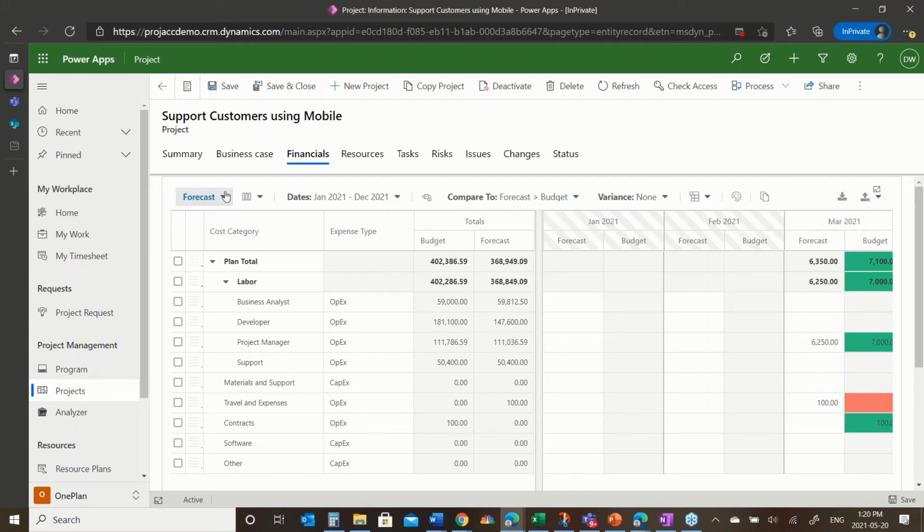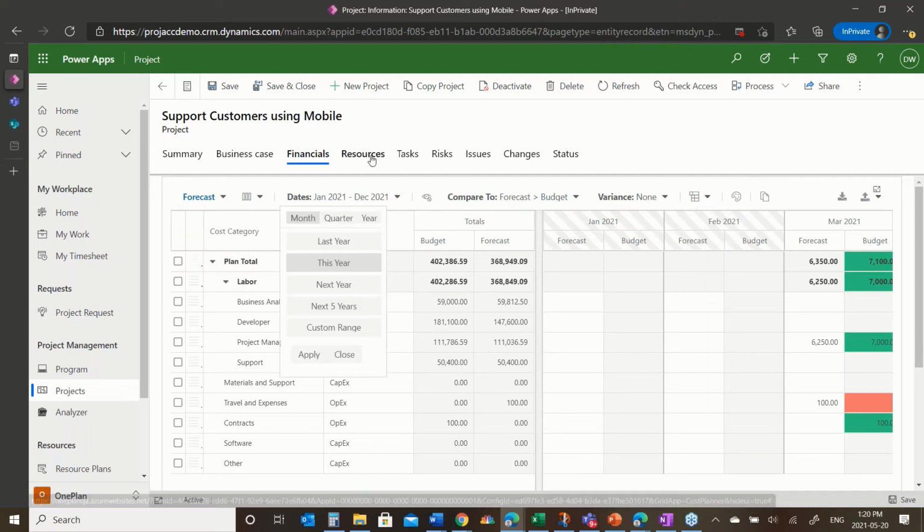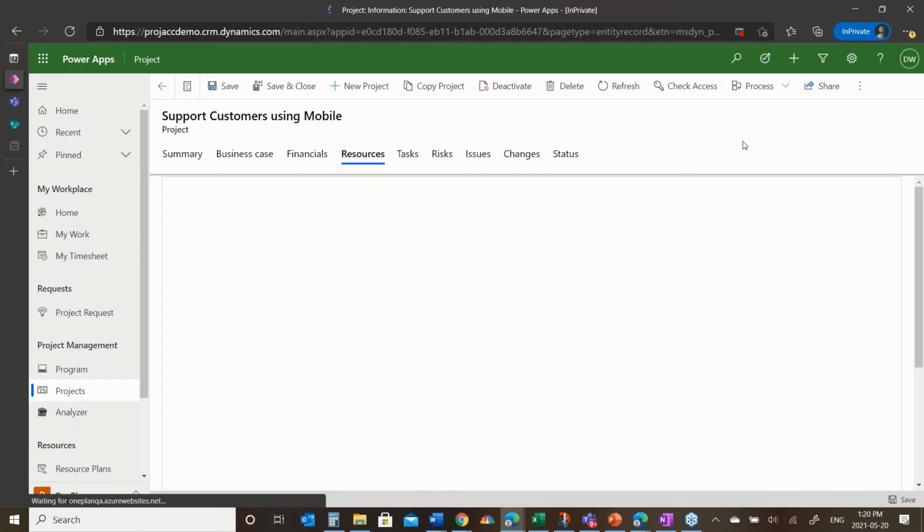We may also want to capture actuals or benefits or other tabular data about financial information that we need to know about this project and that we want to track. So we have that rich, deep data here that we can use. Next is resources. And here,